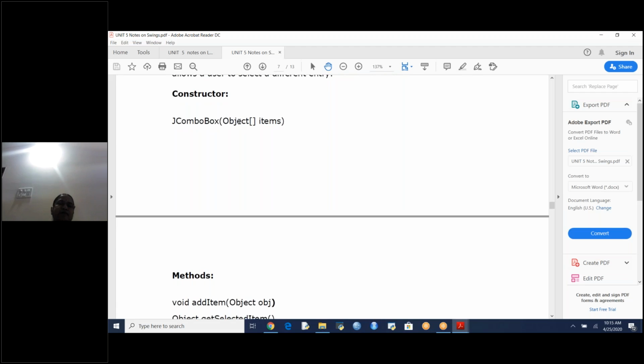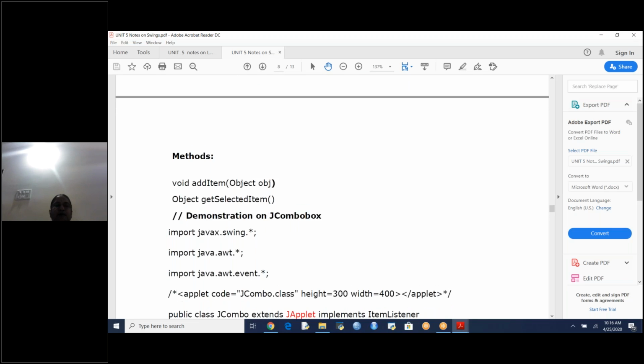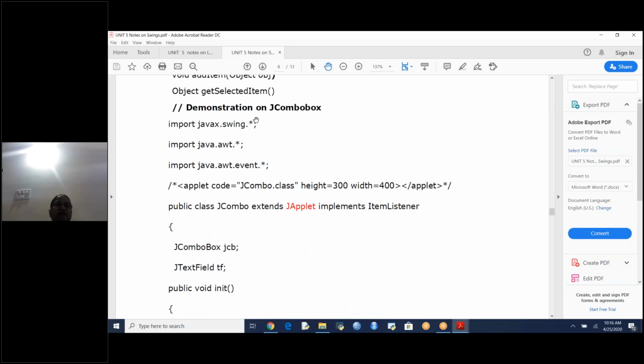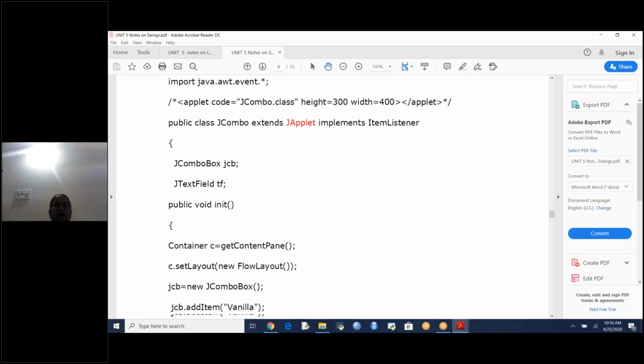Either we can add items one by one, or you can create a one-dimensional array and send that one-dimensional array as a parameter to the JComboBox. Next methods: addItem, to add one by one. If you want to add, use addItem. Next, getSelectedItem means which item is selected from that choice. You can write. See, in the program there are these three import statements: applet tag, then JApplet. First I will show you